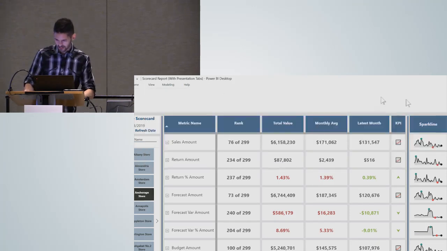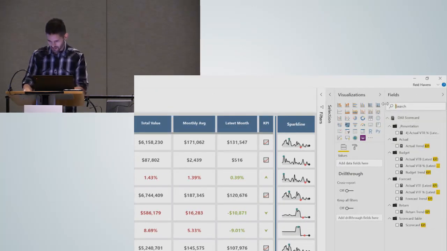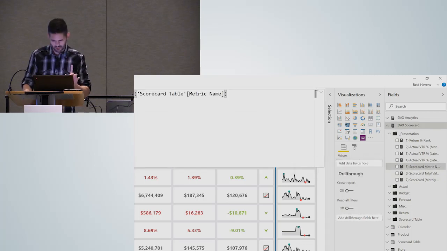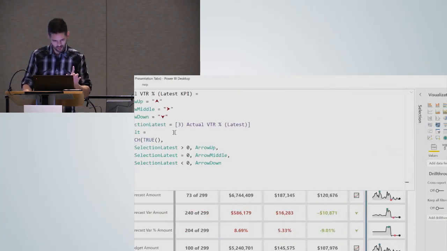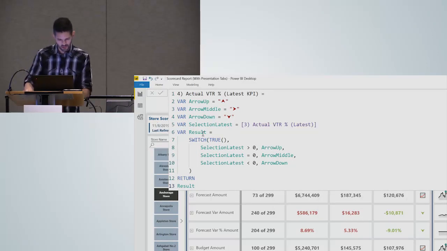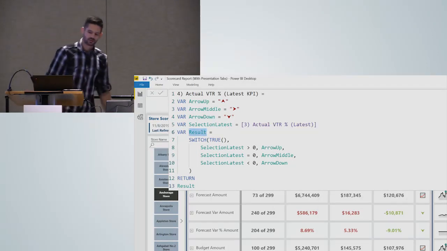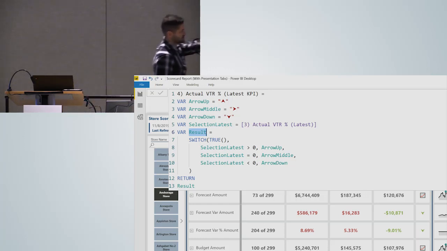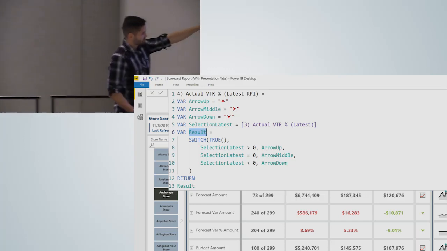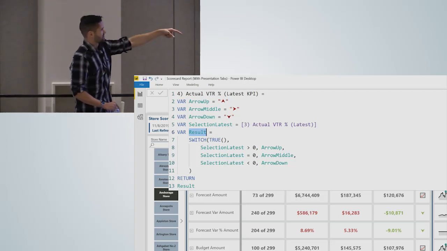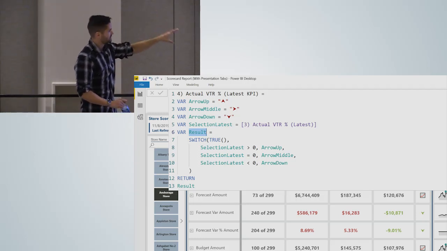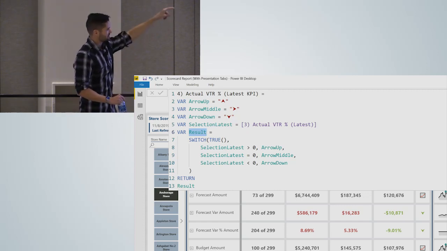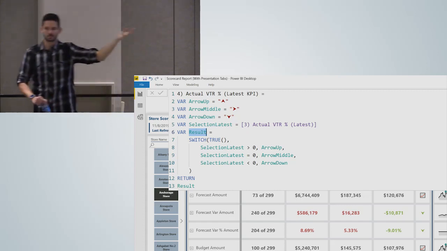All right, last thing that I wanted to show, and actually the one that I was demoing originally, and this is a very important piece that I think it was Marco Russo that maybe taught me this one. Let me go back to it. Yes. So this is a very important component of using variables when writing DAX. The reason that I have this here, because I'm not just running my actual logic after the return as the actual measure itself, I'm declaring the actual calculation I want as a variable called result. Why do you think I'm doing this?